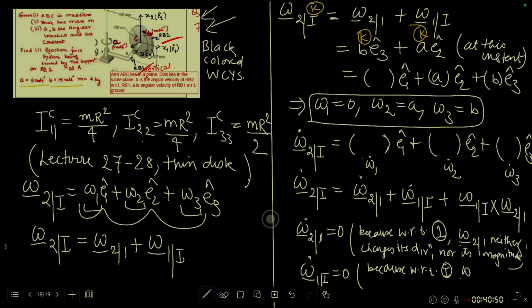I will take 2 more minutes and complete this question. Okay, so this is 0, this becomes a known quantity, this is 0, this is also a known quantity, we found it just here, right? Omega 1i is A E2, omega 21 is B E3. Take the cross product of A E2 and B E3, it will turn out to be